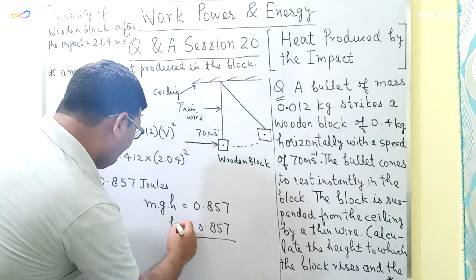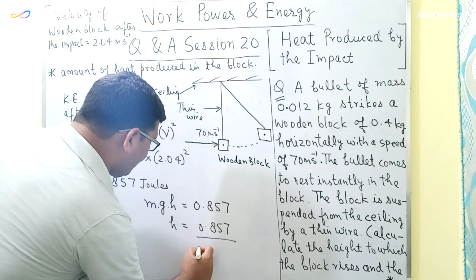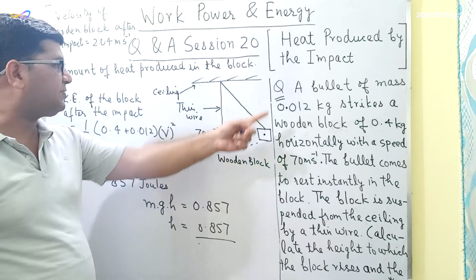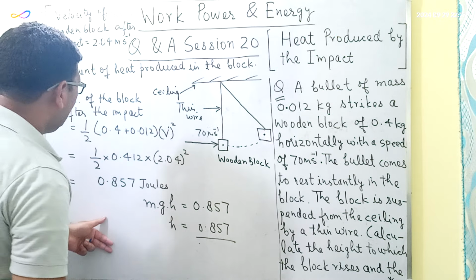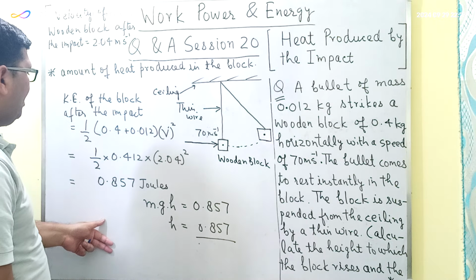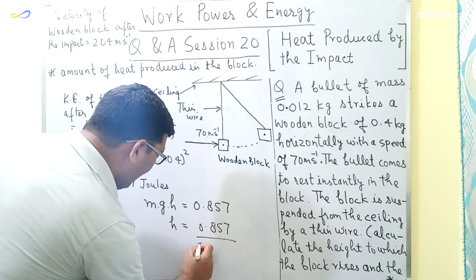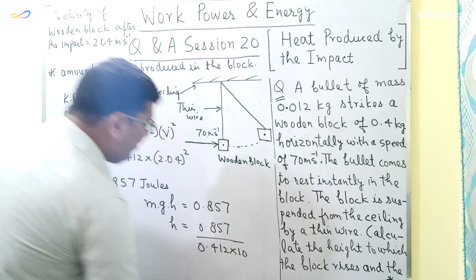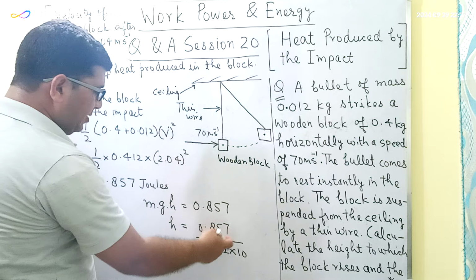So from here, the value of the height to which the block will rise will be equal to 0.857 divided by the mass, which is the mass of the wooden block plus the mass of the bullet. So this is equal to 0.412 into g. If I am taking the value of g as 10, so h will be equal to